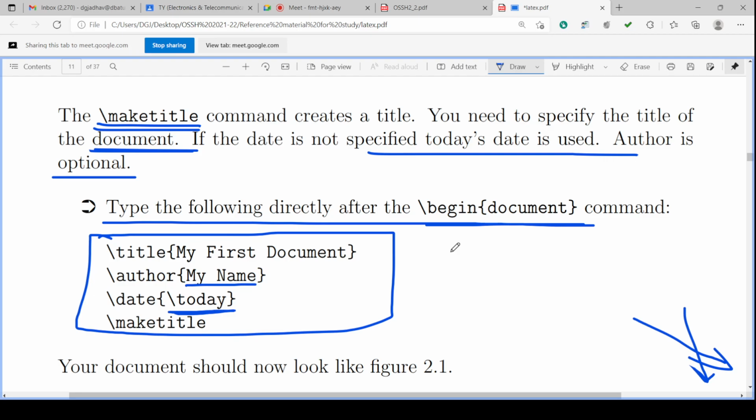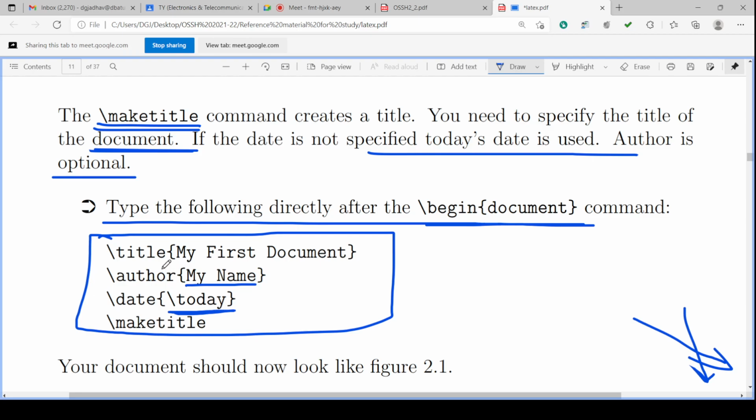The commands for putting the title of the document are \title in curly brackets, with whatever title you want to put. So "my first document" is the text which will appear as the title. If you put here "seminar report", that will appear as the title.